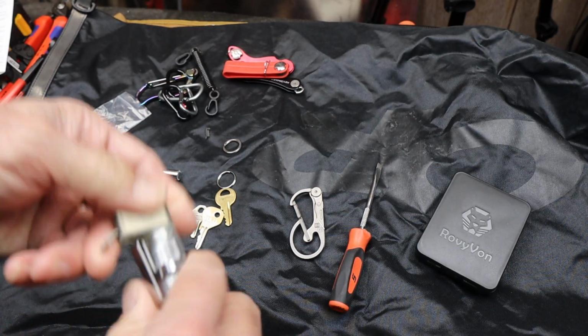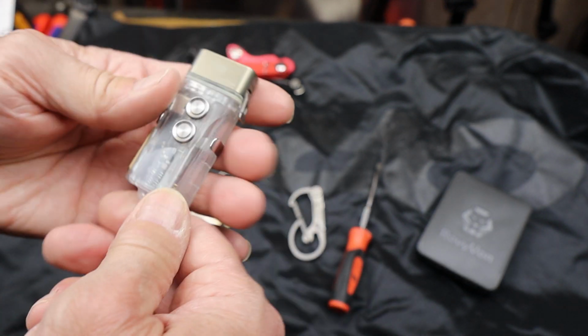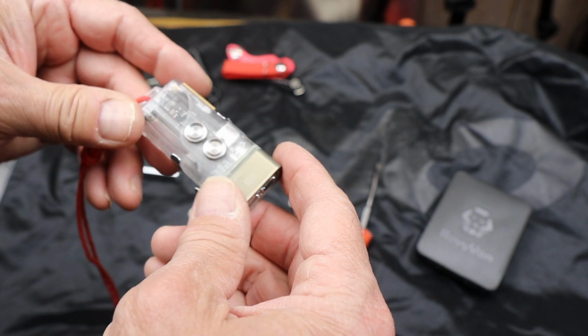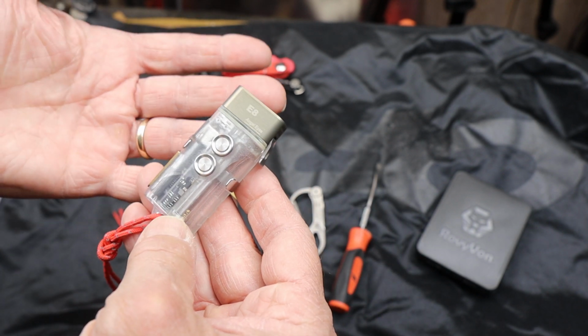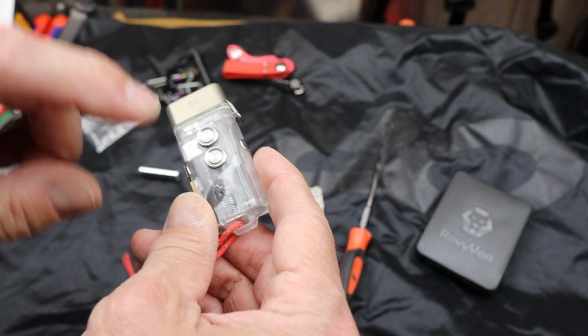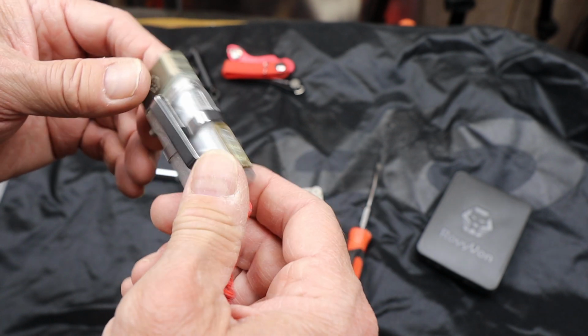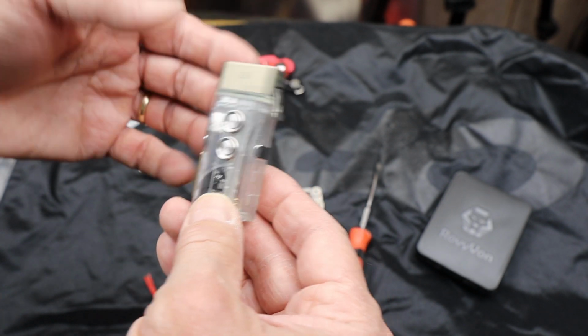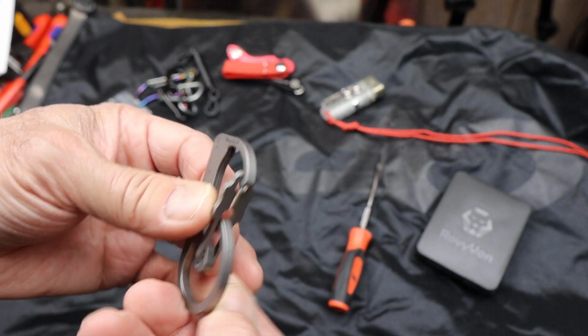maintaining the water tightness. I like that companies like RovyVon are exploring interesting takes on the space that we kind of call EDC, or everyday carry, and this form factor is also in quite a few different lights they offer with various features. The other thing is this RovyVon U4 titanium,